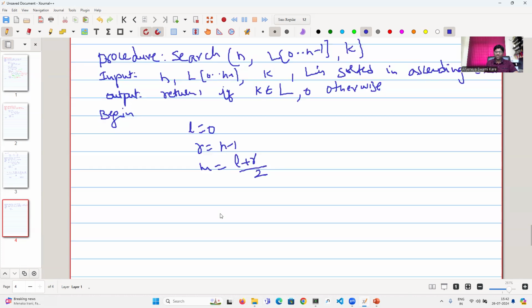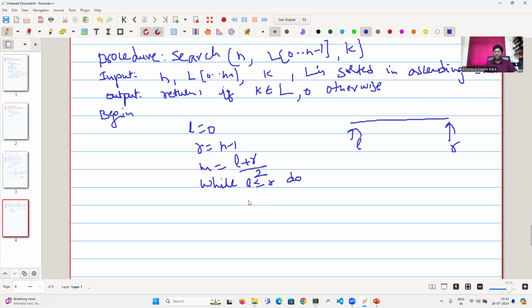L is pointing to the left, R is pointing to the right. Every time we are going to discard half of the list, so we'll adjust the left index or the right index accordingly. As long as L is less than or equal to R, it means that there are elements. While L less than or equal to R, do: